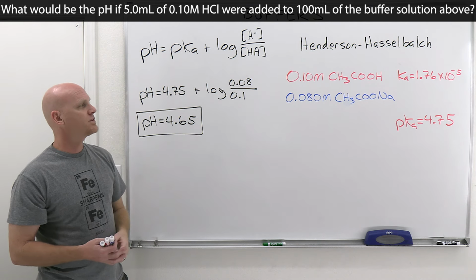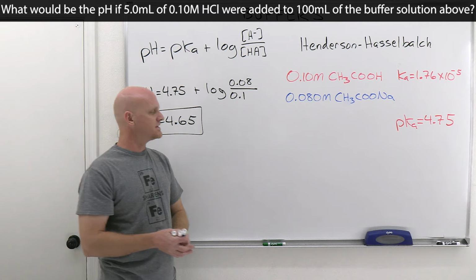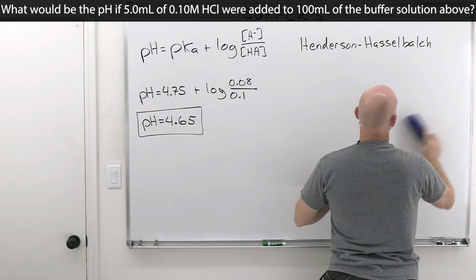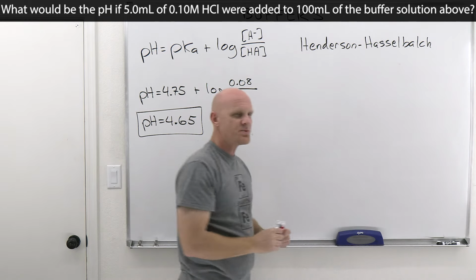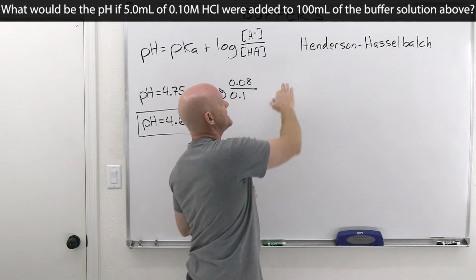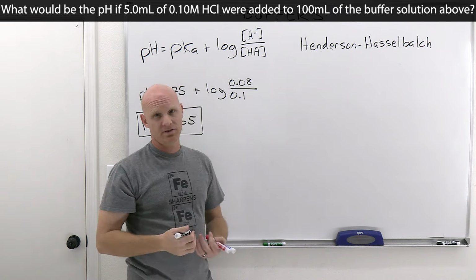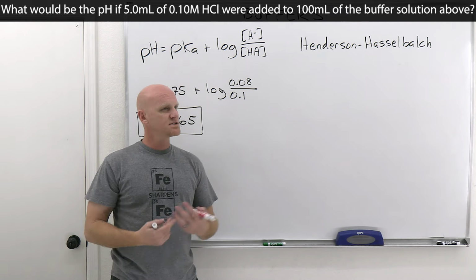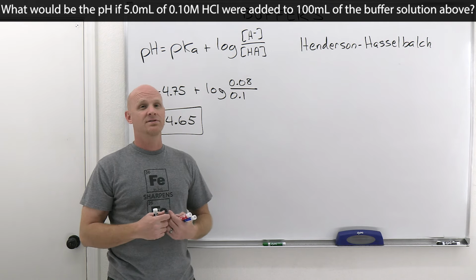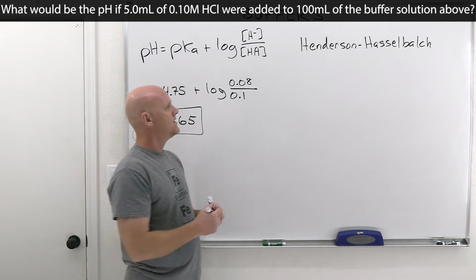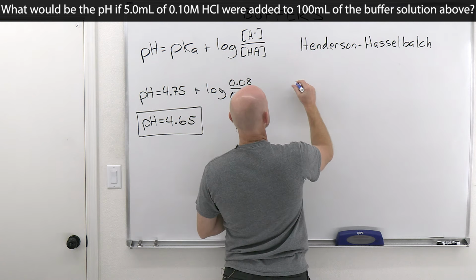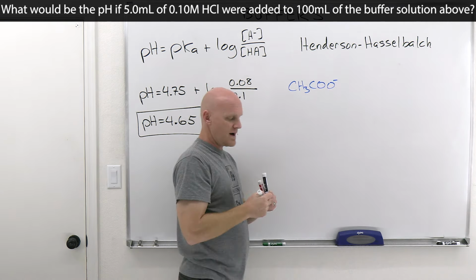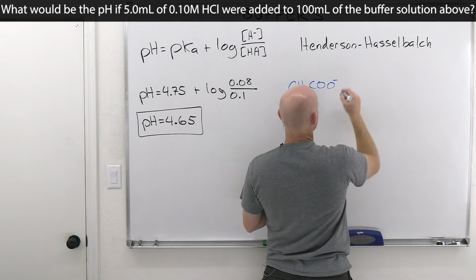So how do we actually perform this calculation? Well, this again is a little more of a pain than the last one, because you've got a neutralization reaction that's happening. So in this case, you're adding HCl. HCl is a strong acid. And what do strong acids neutralize? They neutralize bases, period. Strong bases, weak bases, all bases. That's what strong acids do. They neutralize any base in the solution. Well, the base in your solution in this case is that conjugate base, the CH3COO-. It is what is actually going to get neutralized